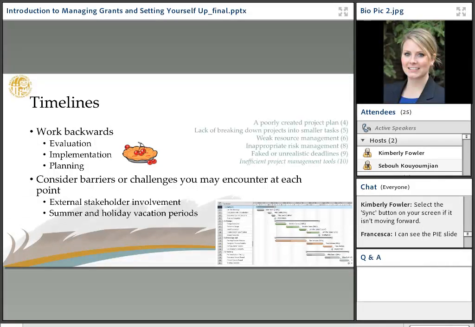At the bottom right of your screen, you'll see an image of a Gantt chart for folks that are familiar with it. You can see how having timelines for things that overlap is helpful, especially in planning and implementation. We might still be implementing a project component as we're starting evaluation. So having that overlay of the Gantt chart to see which activity needs to build upon another can be really helpful.